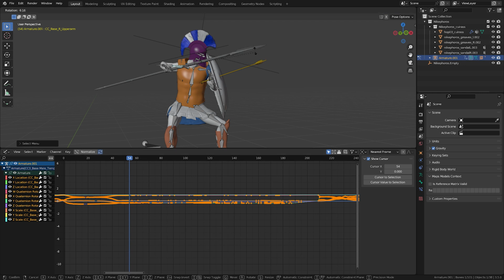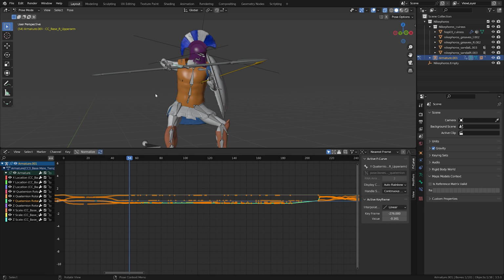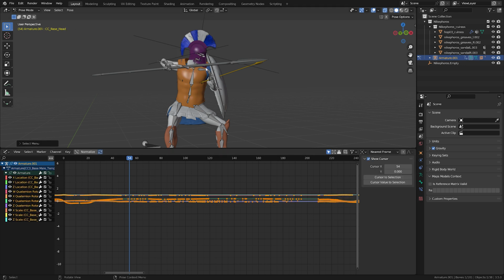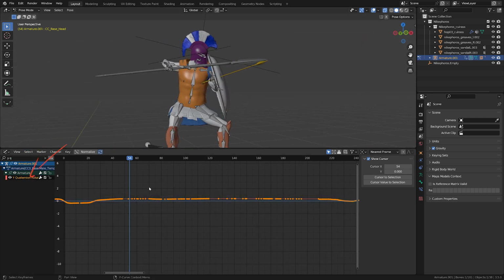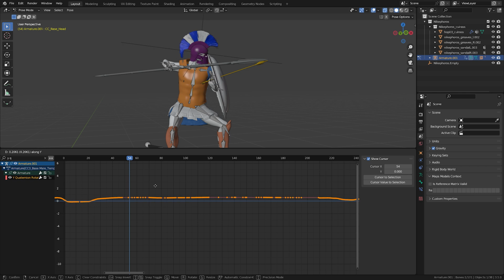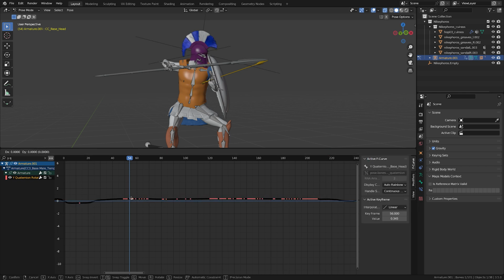There you need to manipulate whole animation curves to be able to adjust the animated bones. For example, if I wanted to change the angle of the head, I had to go to the pose mode, select the head bone, and then in Graph Editor, type in Y quaternion rotation to filter out that one particular channel, and then by selecting the whole curve and pushing it up, I was able to change the rotation of the head for the whole duration of the animation.